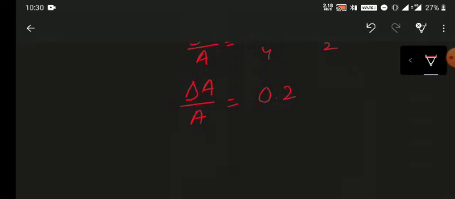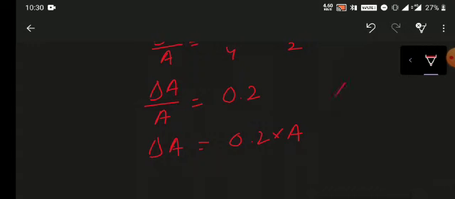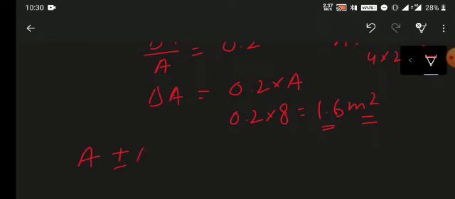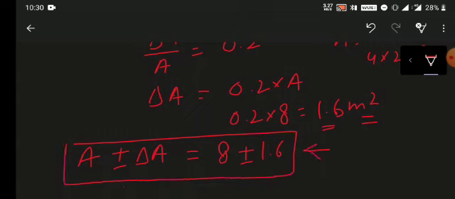Okay, now we know that the area of the rectangle, for the mean value, is length into breadth, 4 into 2, which is 8. So you can easily find the error in the area, which is 1.6 meter square. This is the error of area. Now how can you represent the resultant form? The resultant form is represented as A plus minus delta A. Here A is 8 and delta A is 1.6. This is your final result. I hope you understand this point. So this is all about error and the propagation of error. I hope you all